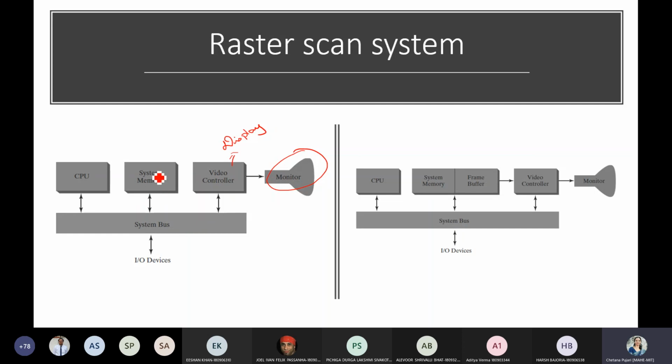No fixed area of memory is allocated in this case. Your video controller, via the system bus, will interact with the frame buffer, fetch the details, and then control the intensity of the beam and display your image on the screen. So this is how the raster scan system works.